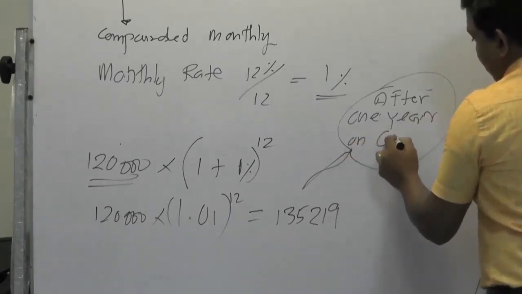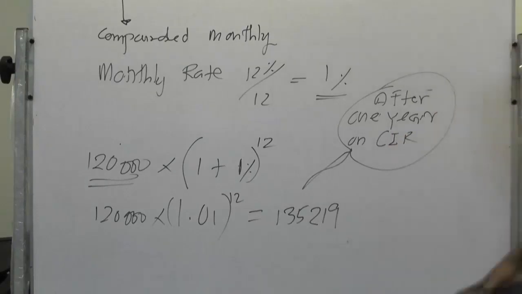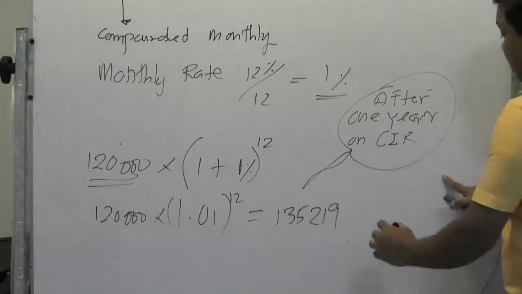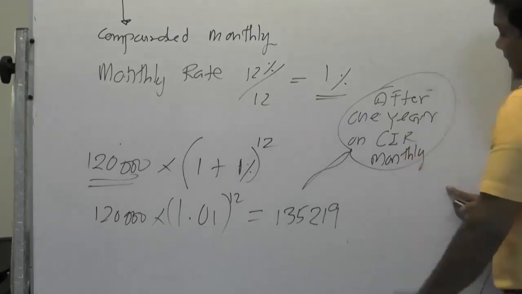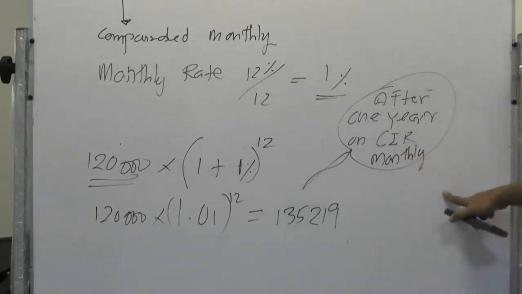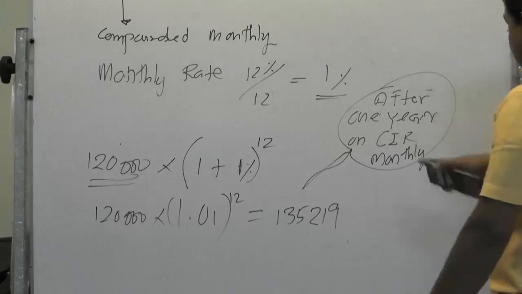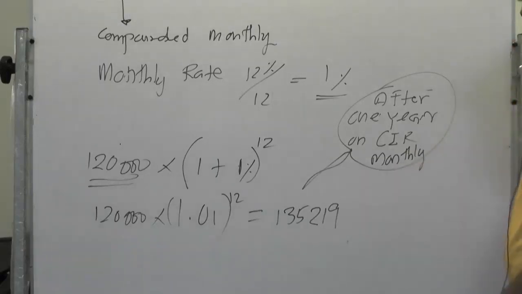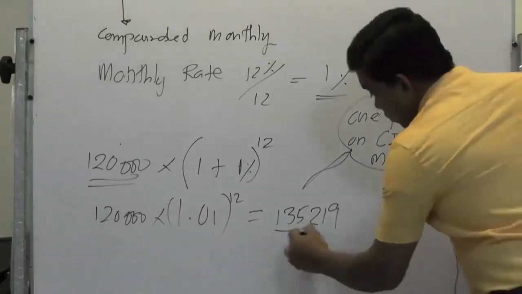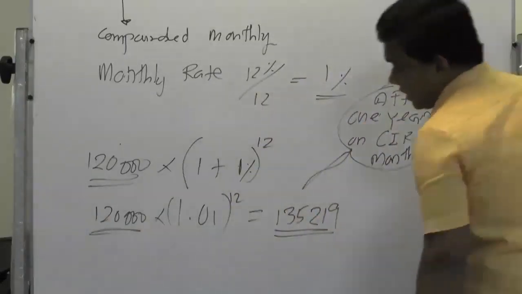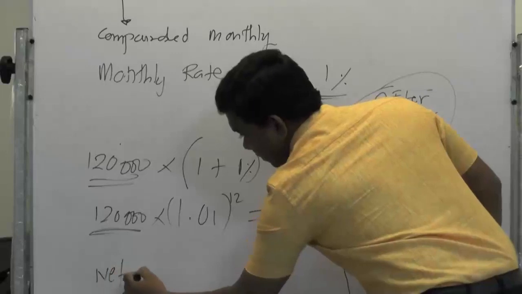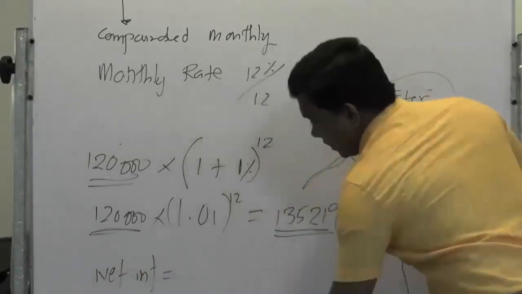On compound interest rate, compounded monthly, right? Now, they are asking, if so, what is the effective interest rate? To earn this, you have invested 120,000. Therefore, what is the net interest? Net interest equal